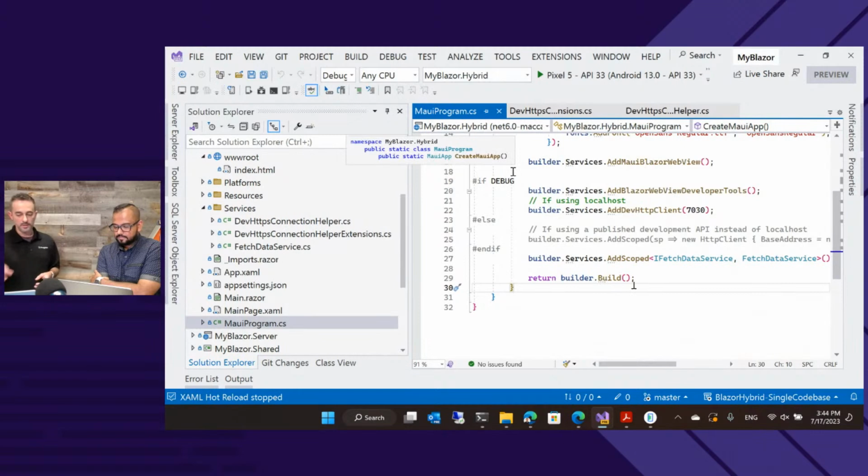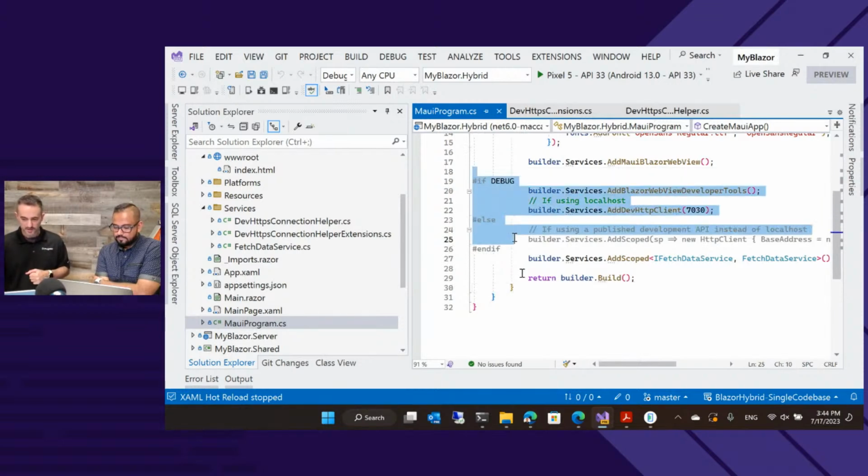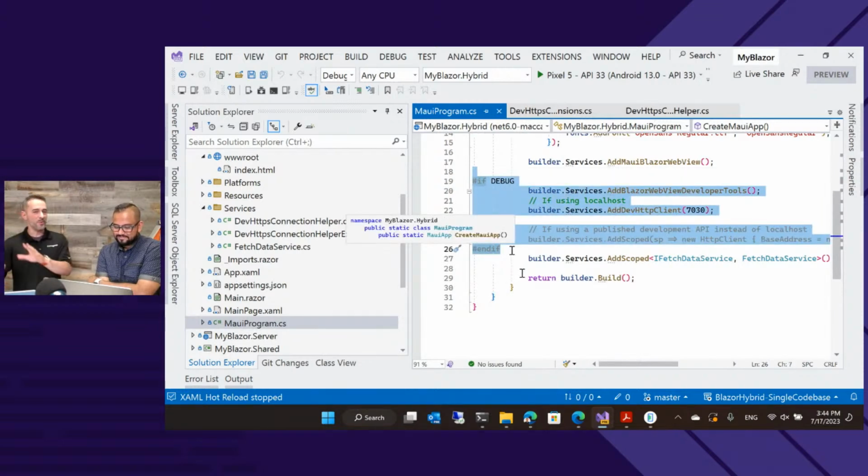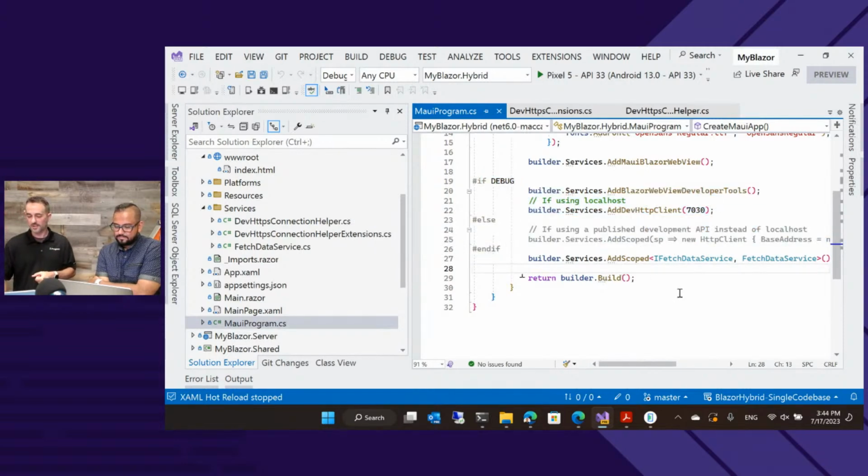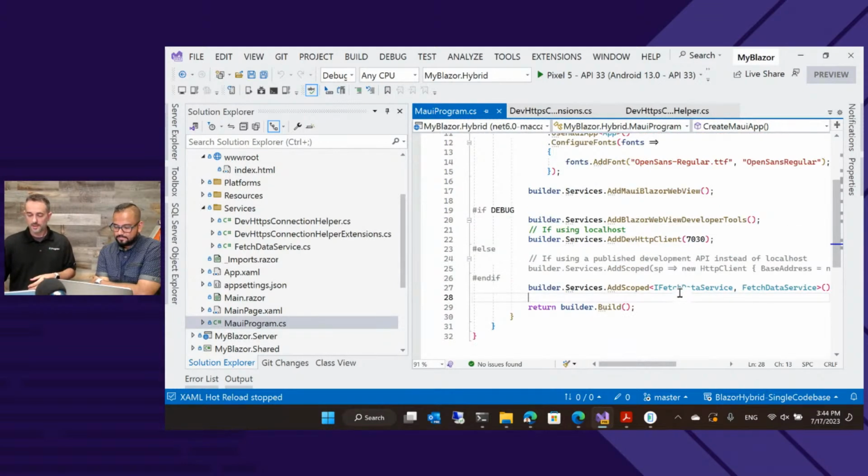And then there's logic inside of that HTTP client that says, all right, you're on an emulator. We're going to go to this port instead of localhost. We're going to shim in our SSL information, so you think you're getting a valid SSL connection. It needs to be inside of this debugger statement. You don't want to publish that and have somebody bypassing SSL, and it's going to go to the wrong port anyway. So there's that. Once that's injected, it then gets injected into the service by dependency injection.